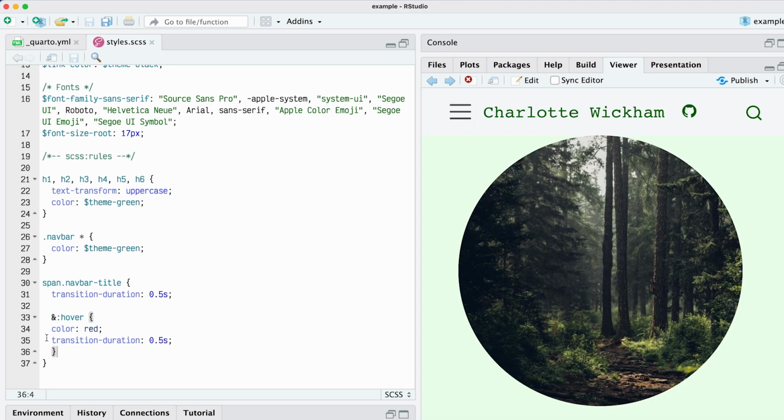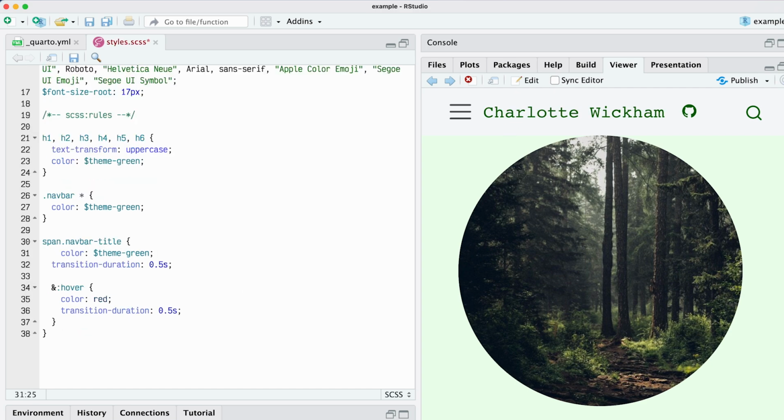So now that we have these nested rules here, we are styling the title by itself, giving it a duration. And we're also styling its hover with a different color and a duration. So now when we hover over it, and we repeat the color, now it has a transition both ways.